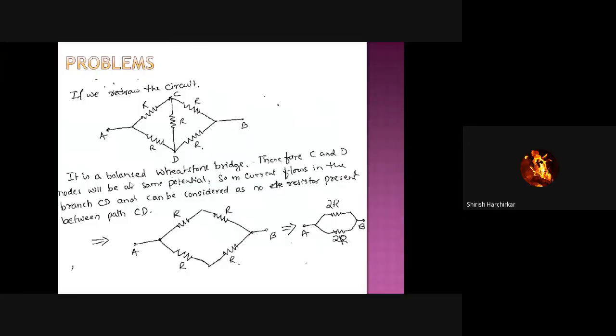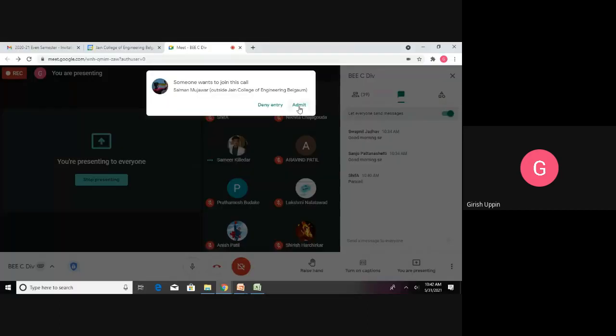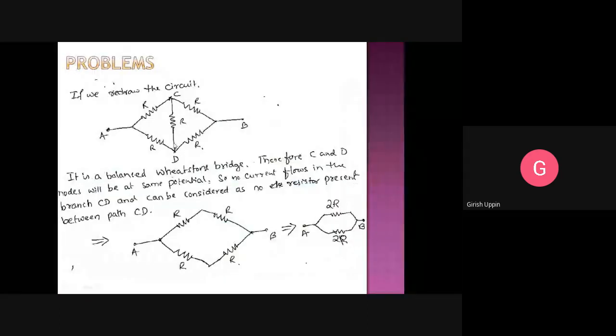P by Q is equal to R by S. Very good. So assuming this is P and Q, P by Q is equal to R by S. In this case also, if I consider this as P, R by R is 1. We don't know the value of R, but whatever the value is, R by R is 1. Similarly, R by R is 1.